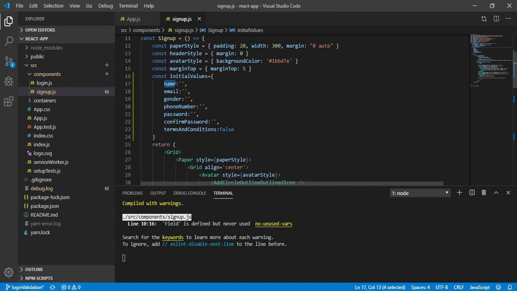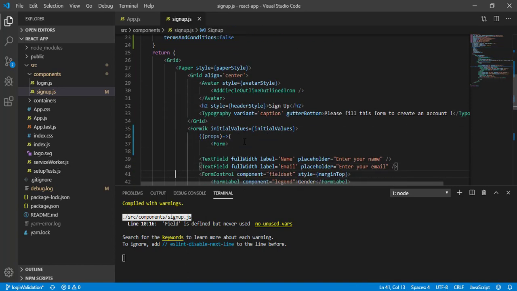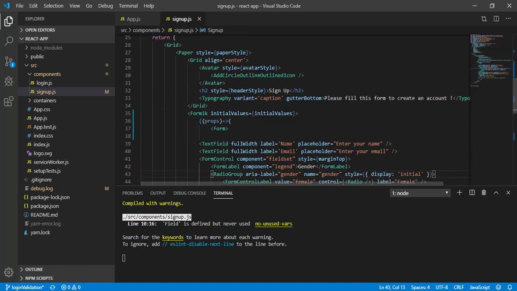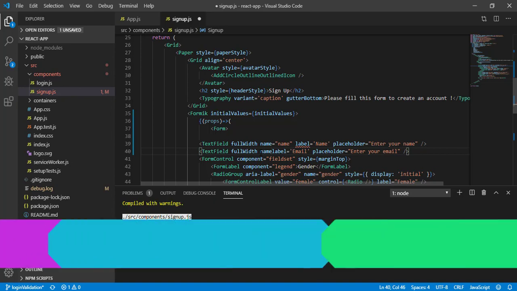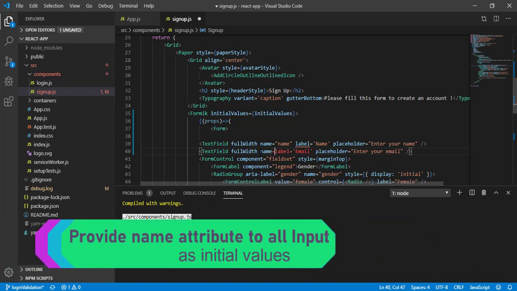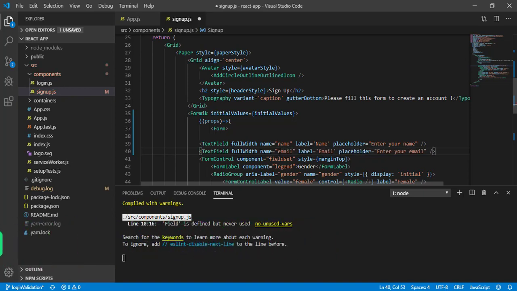Now let's make sure the text box for name gets name only. So I need to add name equal to name, and here it is email, and this should match our initial value properties.